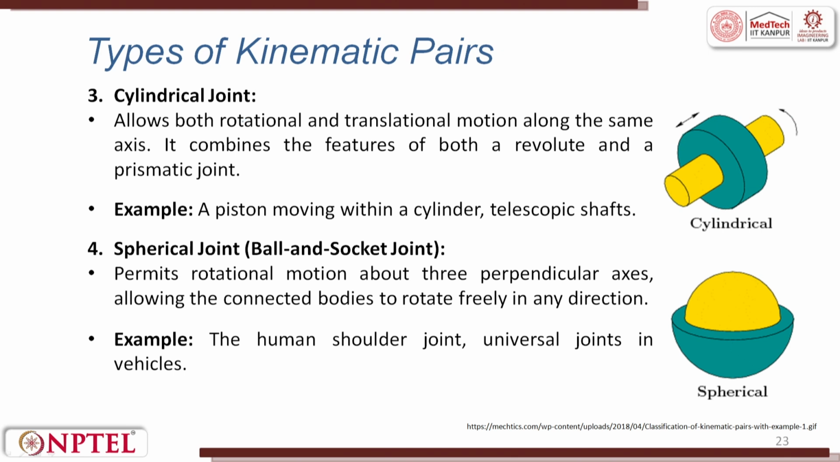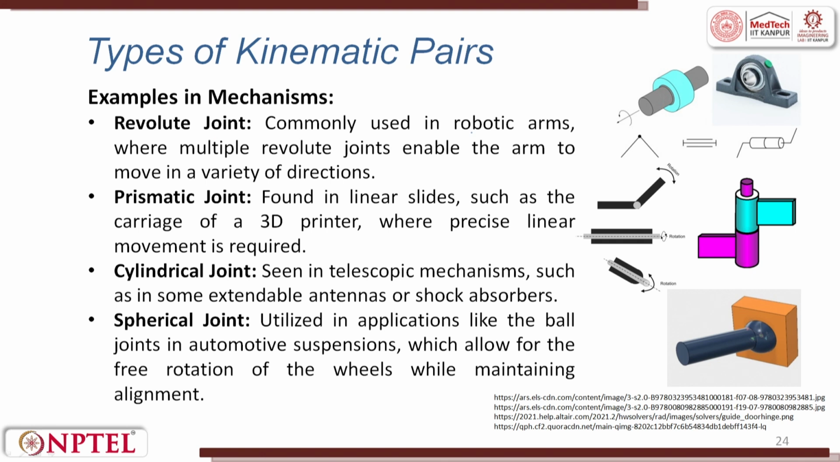You can have cylindrical joints, which allow a rotation motion and a translation. So, you see a translation and a rotation, which is extensively used in robots, in a piston moving within a cylinder, or in telescopic shafts. Then spherical joints, like the ball and socket joint in your hip and in your arm, permit rotation motion about 3 perpendicular axes, allowing the connected body to rotate freely in any direction. Examples of revolute joints: a robot arm